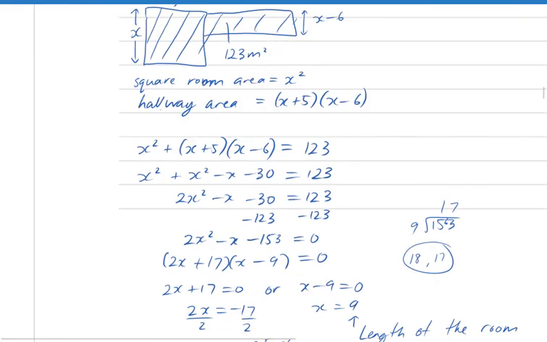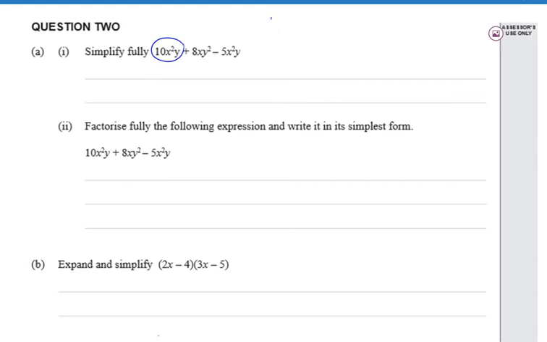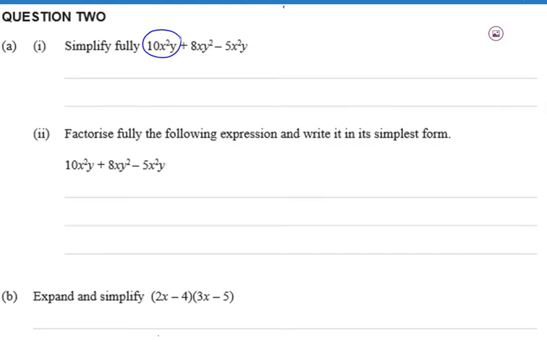Okay, so let's keep on cracking through here. So we're on to question 2 now, and starting here we're simplifying fully, so let's collect like terms. So this first term here, let's think for a second, what do we consider like with that? Well, we need an x squared and a y squared, so that's our like term. So 10x squared y minus 5x squared y is going to be 5x squared y, and then the plus 8xy squared is